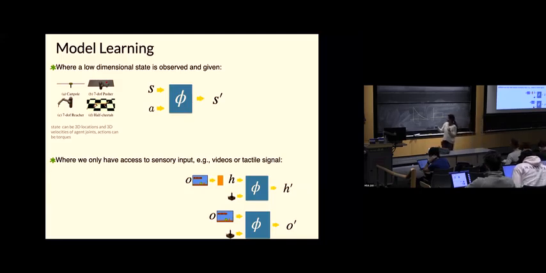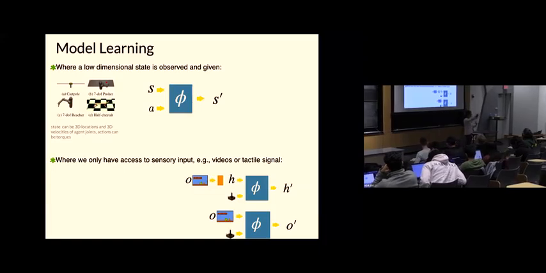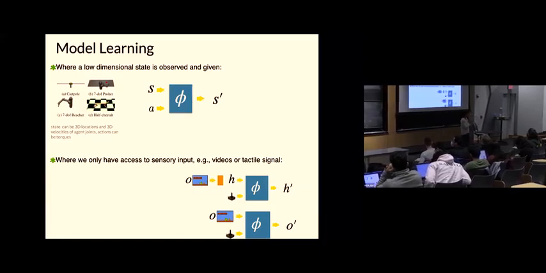Okay, so here are the two choices. Either you predict the next image, you predict the future in pixel space, or you jump to a latent space and predict the future in a latent space. In both cases, what we're looking for is a model that takes a state and action and spits out the next state. And that next state, I need to be able to fit back into my model to predict the next state, and again the next state, and so on. This is what we're looking for.